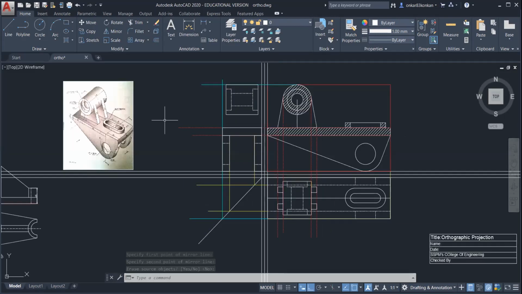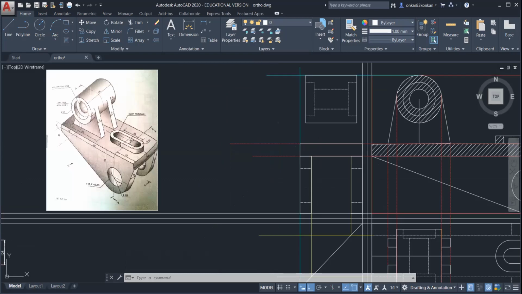So now to complete this side view, so in the side view, this will appear as a vertical rectangle. So take the projection from this top view.